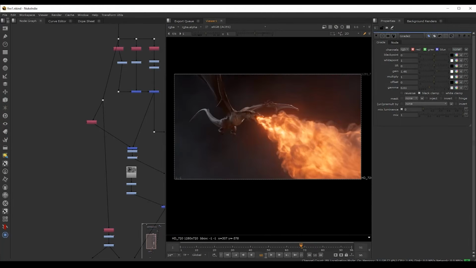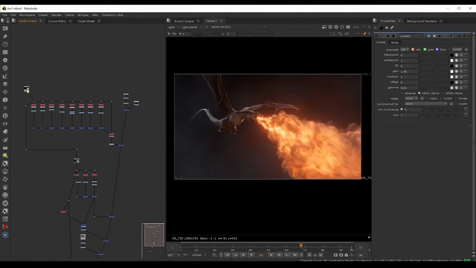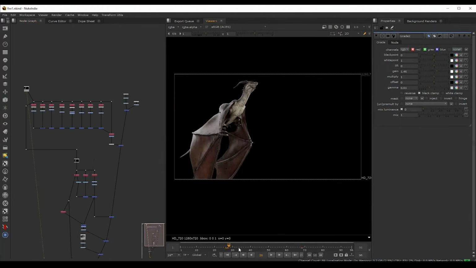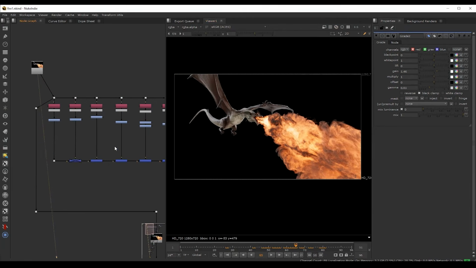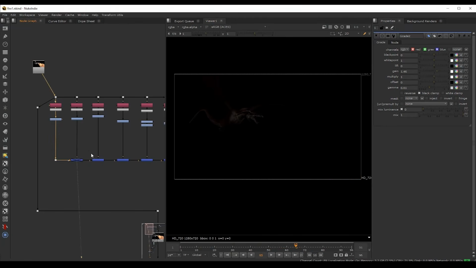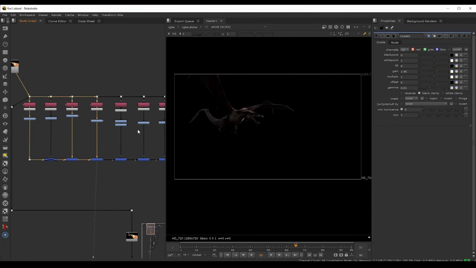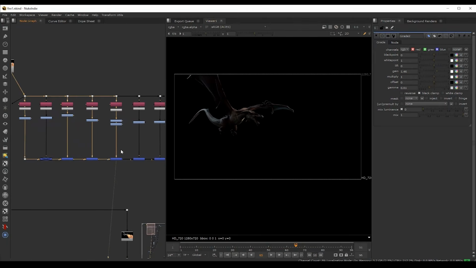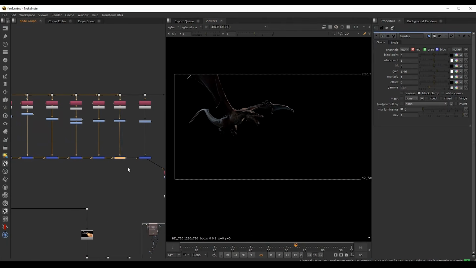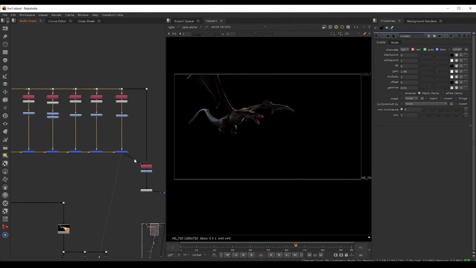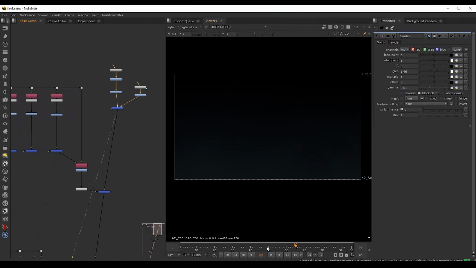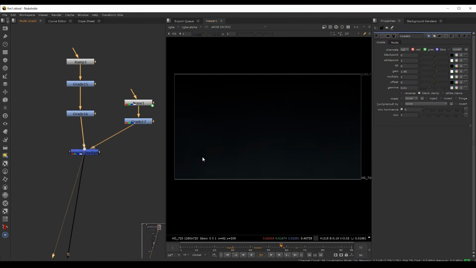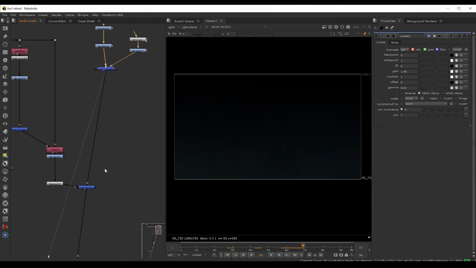And then I did a very fast comp in Nuke. So this is how I rendered this out with the dragon and the fire, and we can see that the fire already looks pretty good. But for the dragon, I split all of the AOVs for the diffuse, reflection, and there's a couple of lights, and we can see that I have AOVs for all of the lights. So I put the AOVs for the dragon back together, and I merged this on top of a ramp. So this is just a simple ramp with some noise that travels in the direction that the dragon is flying.